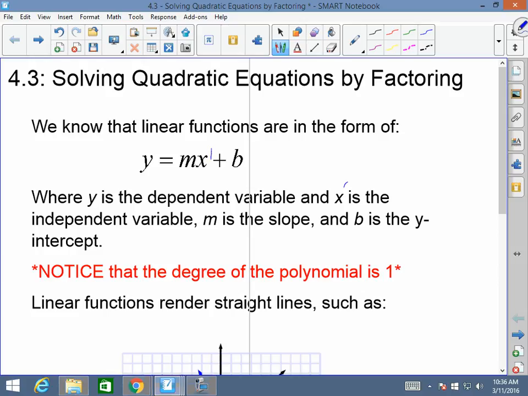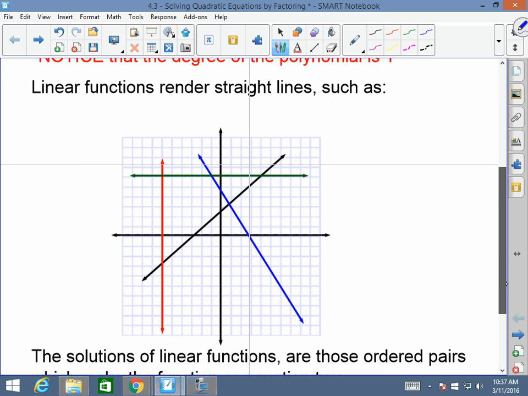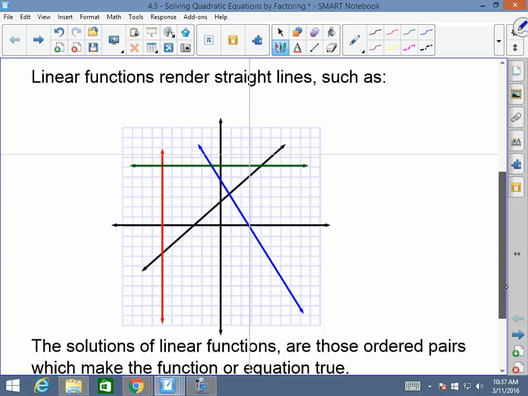And when you have a linear function, the x has a power of 1, that indicates something to you. That tells you that it has 1 zero. What's a zero, Mr. Morrow? Well, if you remember, a zero is the x-intercept. The zero is called the x-intercept, the solution, the root sometimes. So for all of these